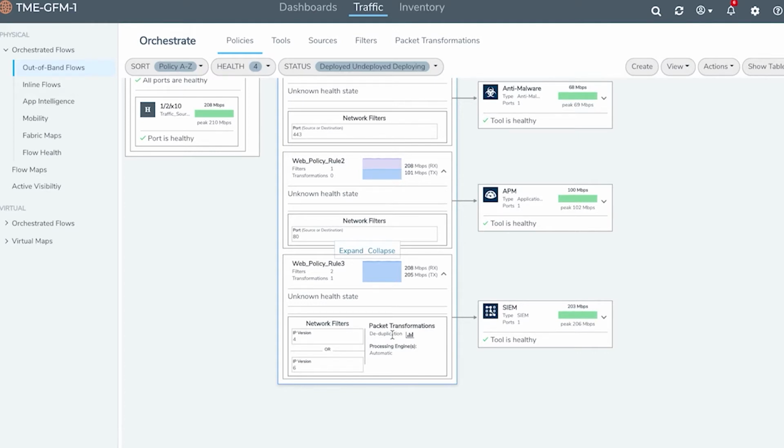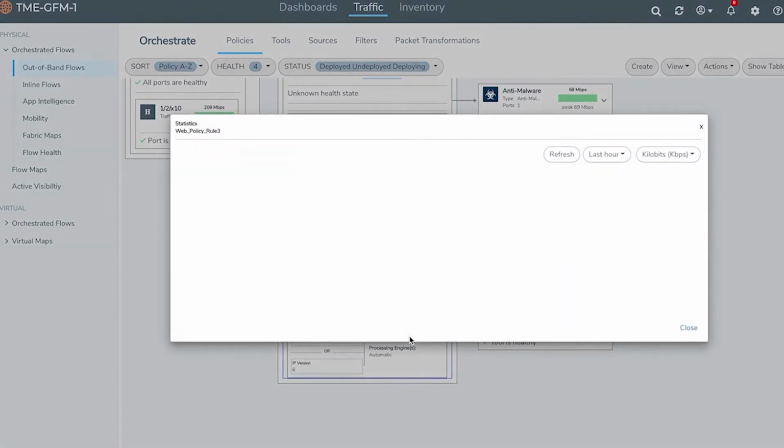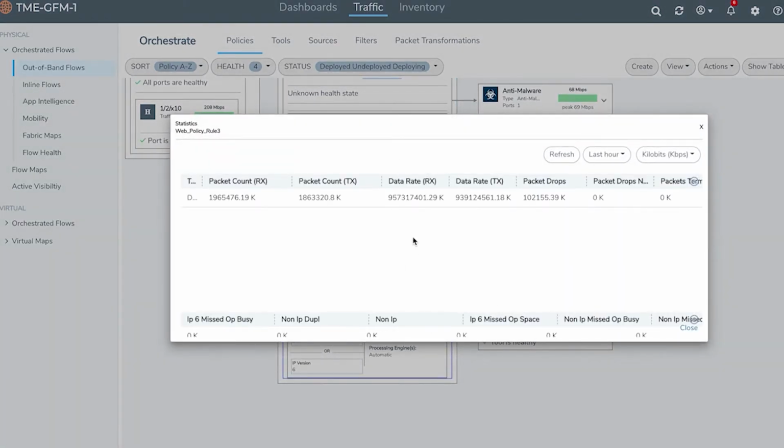Like it will say my HTTP bandwidth is X versus Y, whereas it should have been Y. With duplicate packets, it may increase up to X, which is not the right number to report, right? So with deduplication, what we're doing is we are dropping the duplicate packets before sending only the real packet towards the tool. And if I click on the deduplication function, you can see the stats of the flow that's happening